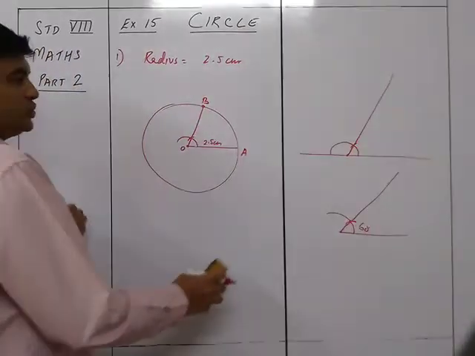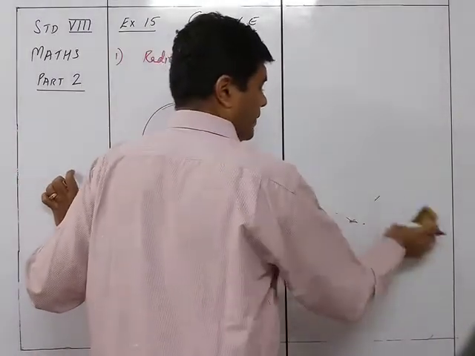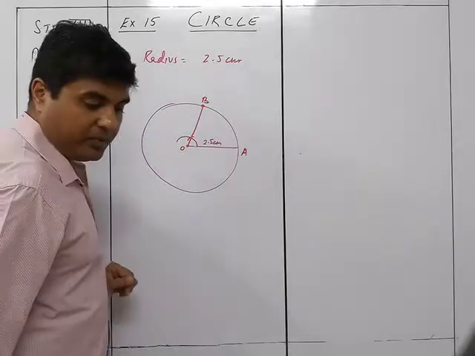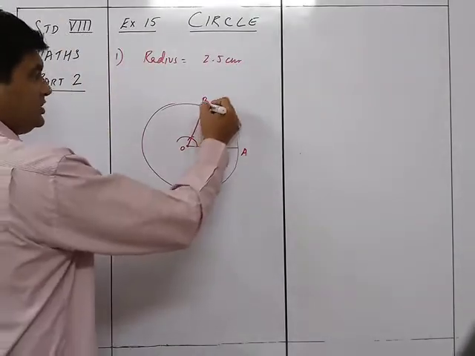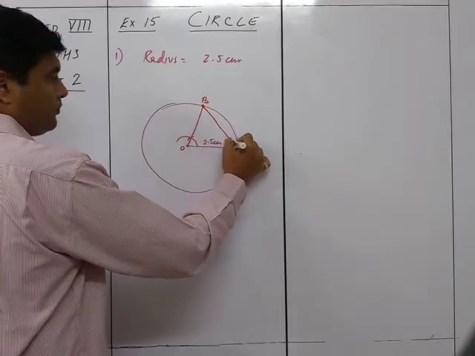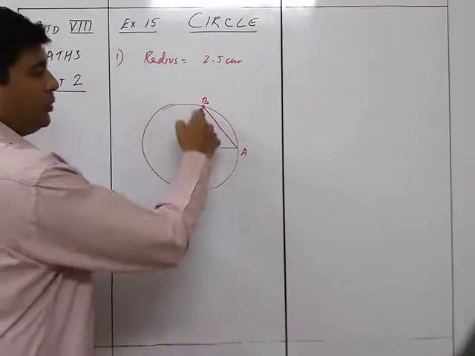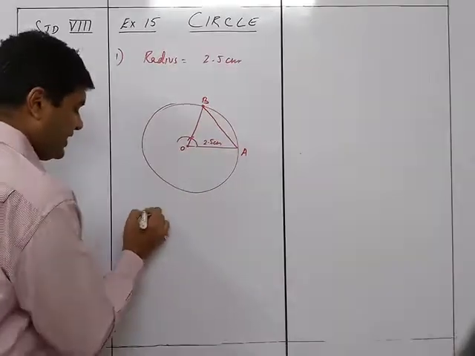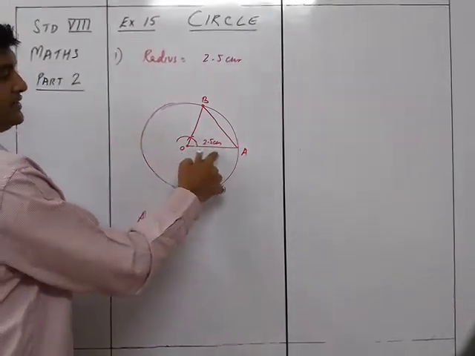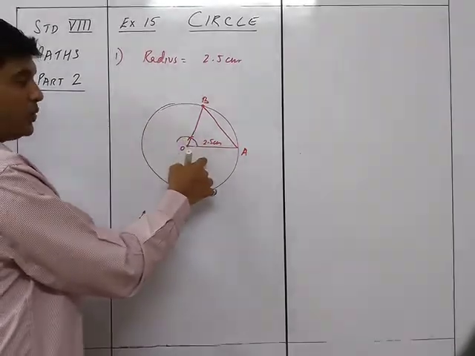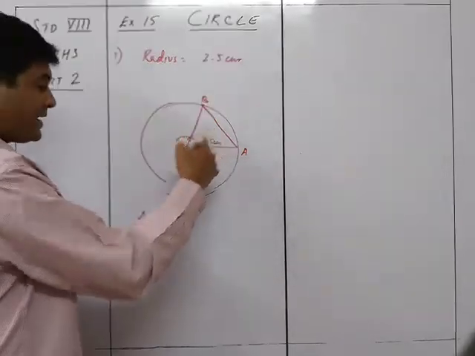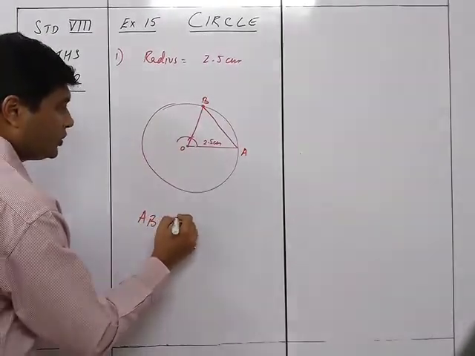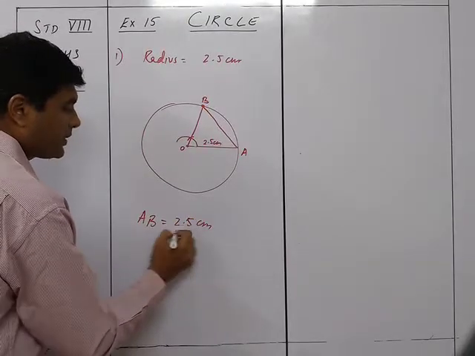So this is the first question. You are drawing this line and then you need to measure the length AB. So you need to join and measure what the length AB will be. You can see over here that this is the radius and this is the radius. So these two are equal, this is 60 degrees, so these two will also be 60, so it becomes an equilateral triangle. Therefore, AB will be equal to 2.5 centimeters.